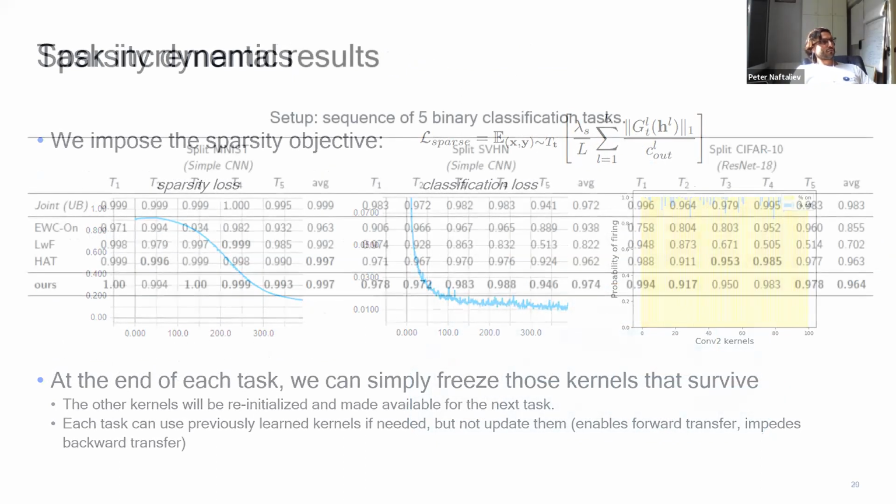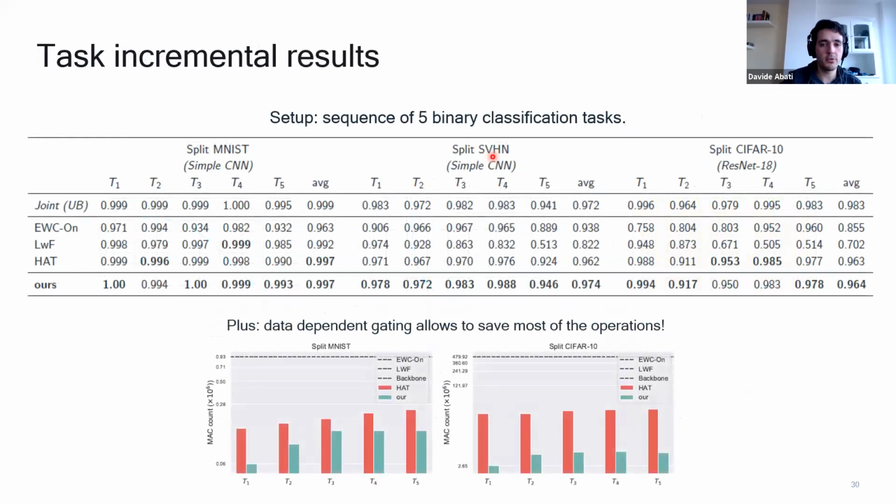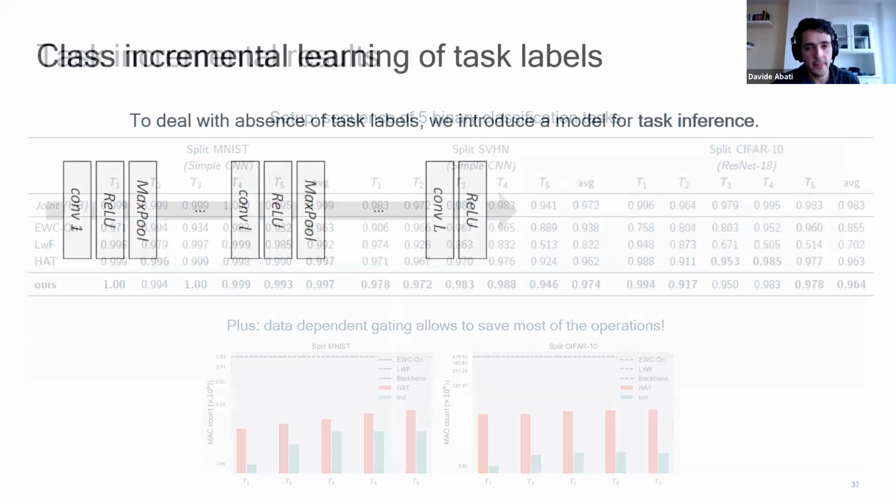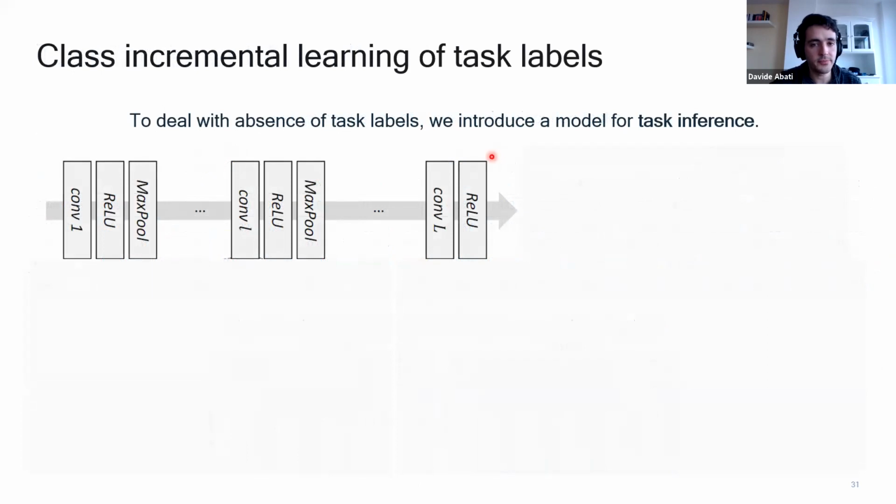So yeah, we were here, and so I presented. These are task incremental results. So this is the easy setting. We're doing good in this setting, but this is not the core that we were trying to solve. So how to? We have a lot of task dependent modules in our model.